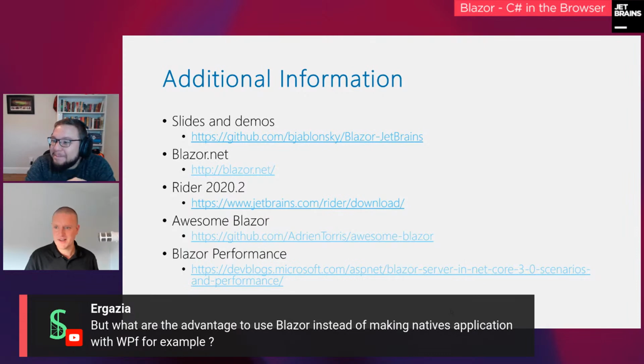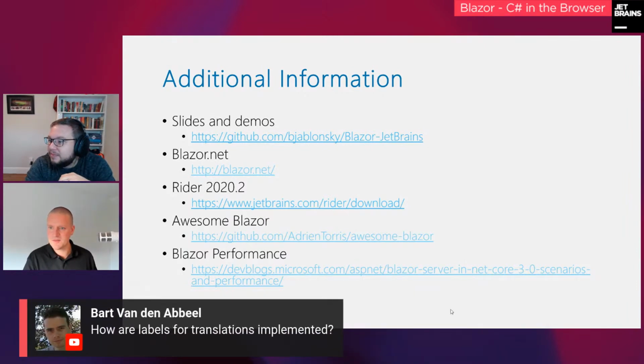All right, cool. Then another question that came in was more about localization. How do you do translations of an application? Can you use something like the resource manager that you have in ASP.NET, for example, or is this something completely different? I haven't personally looked into the translation, but I know that's part of Blazor. So yeah, you can use a lot of the same translation frameworks that you use for your traditional ASP.NET Core applications.